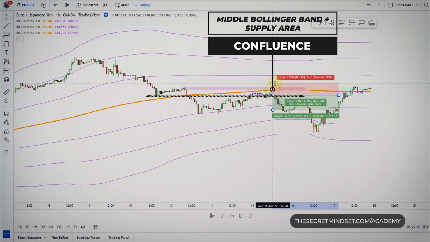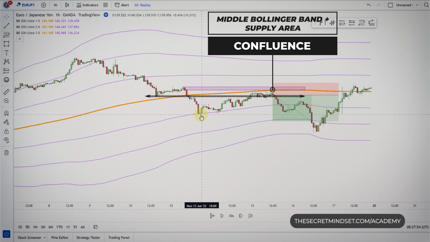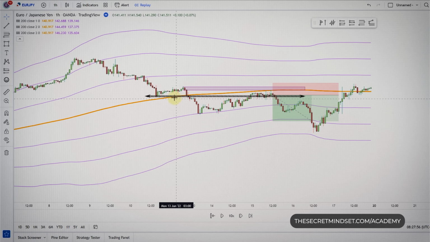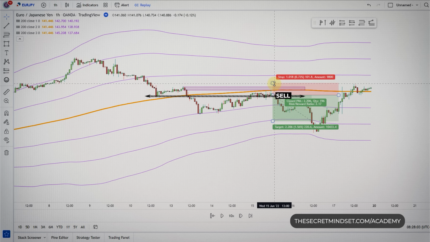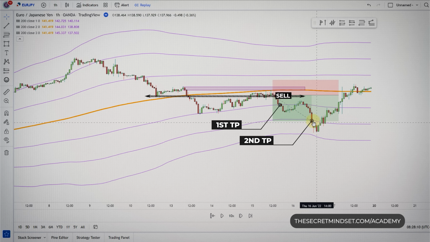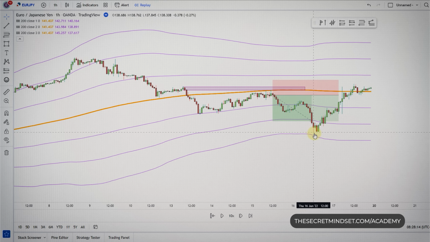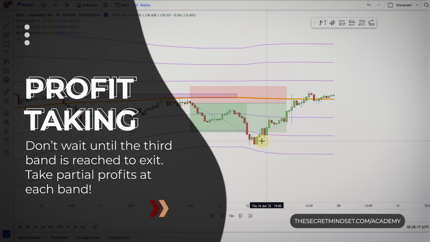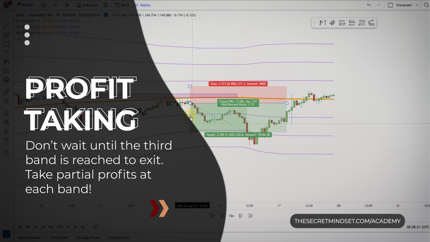If you are a classic support and resistance trader, you have this breakout zone here, a former support, now potentially acting as a resistance. So a sell trade in this area is worth risking. First band below the middle line is the first take profit area. The second band is the next area, and finally the third band. And please don't wait until the third band is reached to exit. Take partial profits at each band and be